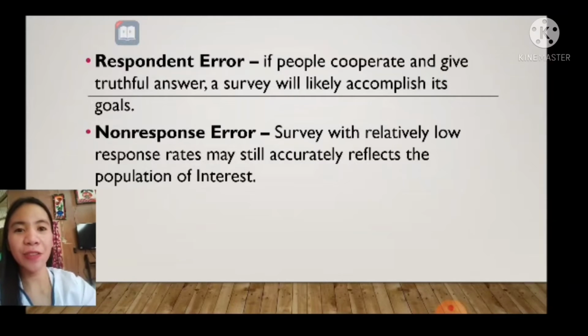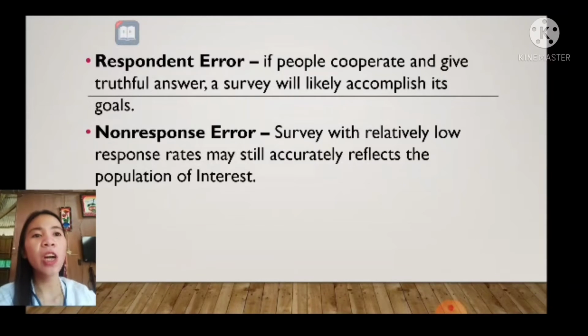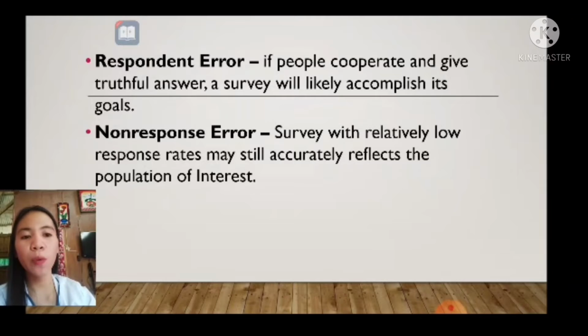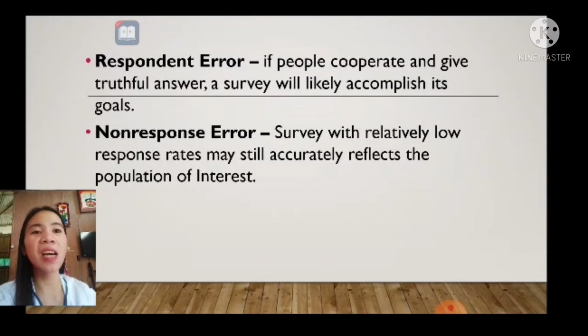Next is non-response error. Surveys with a relatively low response rate may still accurately reflect the population of interest. Non-response error occurs when the individuals who complete the interview are somehow systematically different from those who were unable to be contacted or those who choose not to participate.